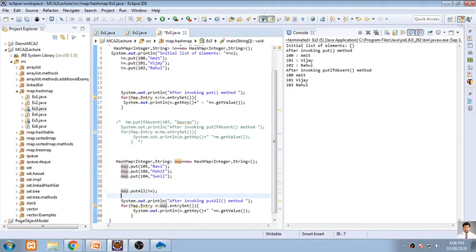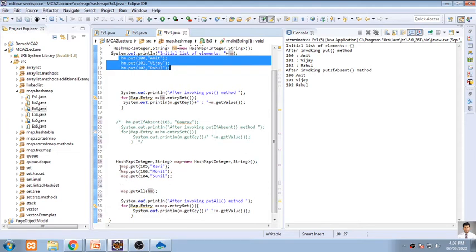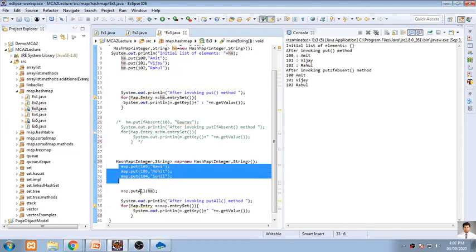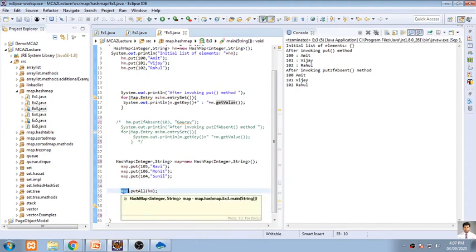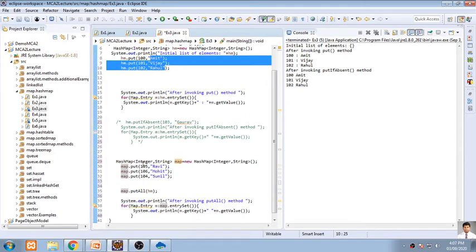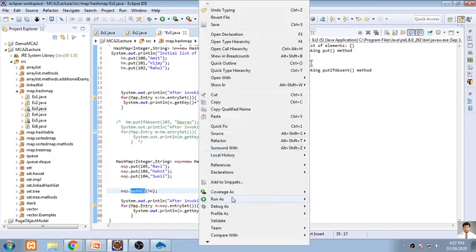Now this one, putAll function. This is nothing but a concatenation of the newly generated map with the previous map object. These three elements will be added into the existing three elements by using a function called putAll. After that we'll display the new object, that is map, using entrySet, getKey and getValue to see whether all these are getting added by putAll or not. That is the basic purpose of using this function in this program.